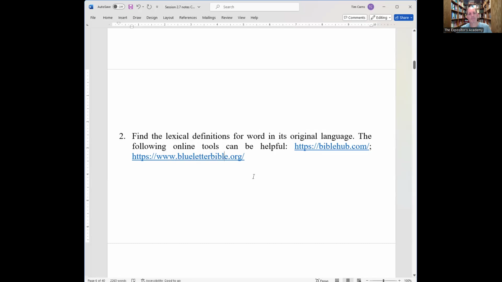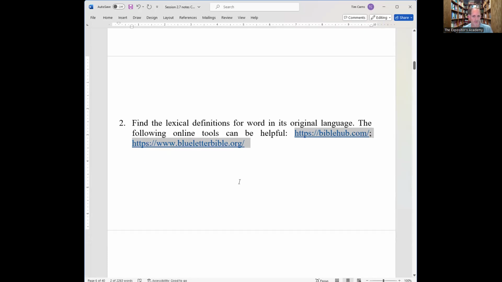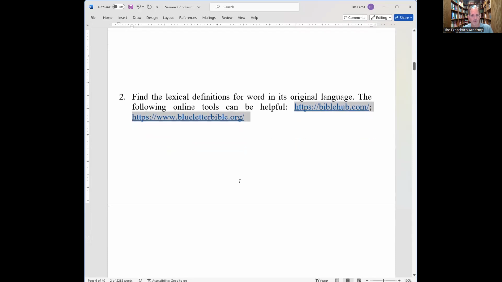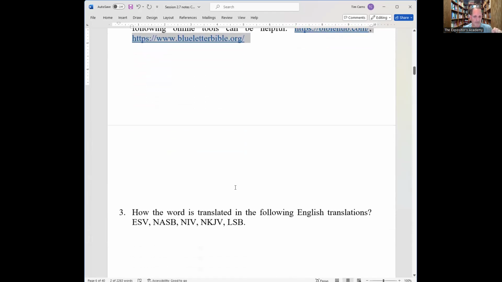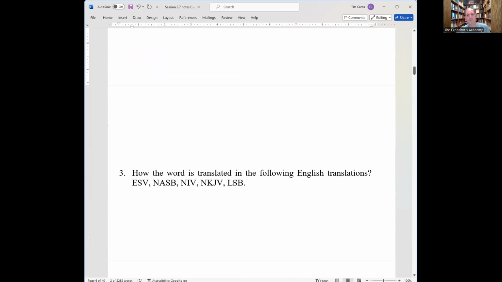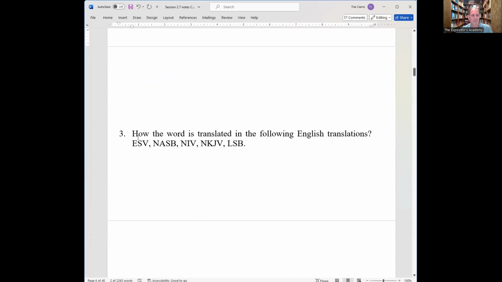One helpful resource is Bible Hub. Another is Blue Letter Bible. These are two good online resources to do word studies. There's also the Discovery Bible app, which can be helpful; it's an app that you can get. But you just want to look online. These are two very good locations. I think there are other ones out there, but these are two that I've used and found helpful. So look those up and find the definition given there, or definitions, because every word will have at least one definition, probably more.